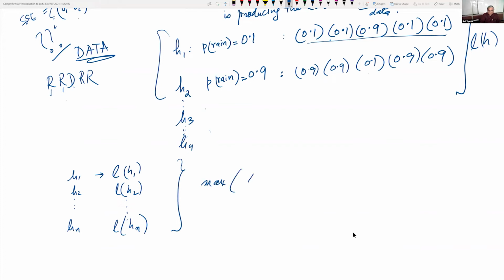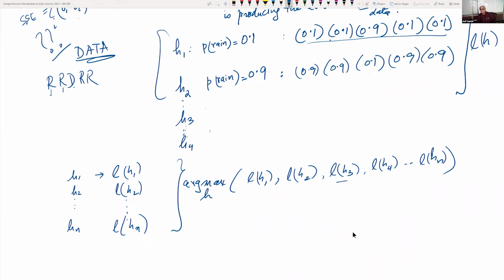Max of L(H1), L(H2). So the right word is actually argmax. Find that hypothesis which has L(Hn). So find which of the hypotheses leads to the maximum value of the likelihood, isn't it? So that is the concept of maximum likelihood,